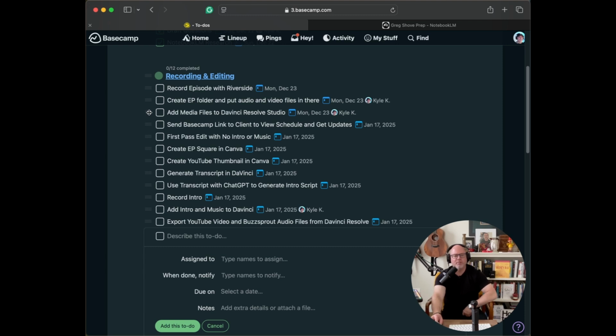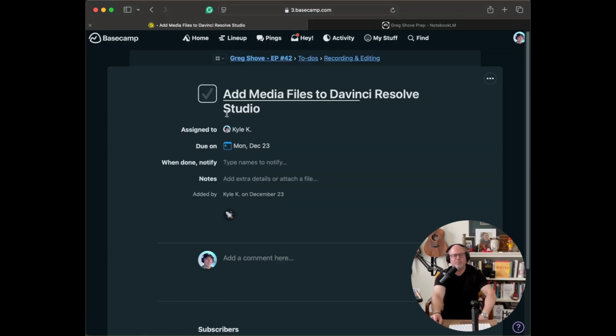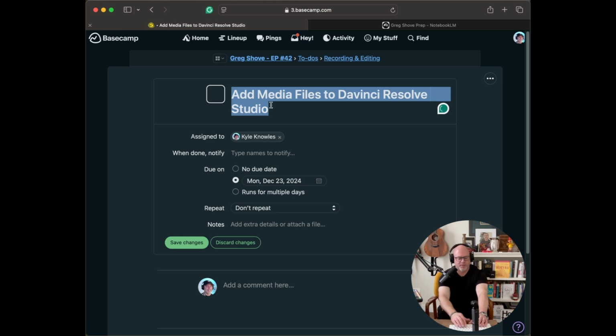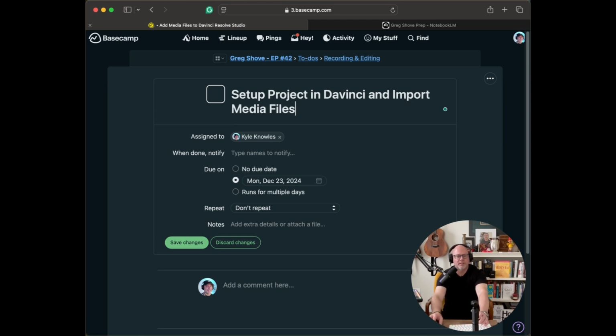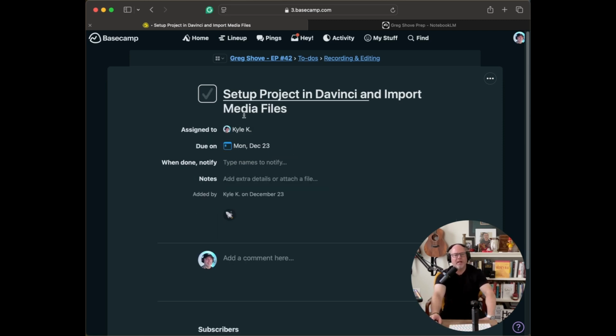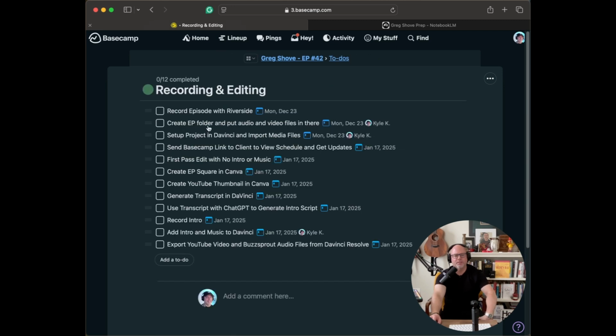So add media files to DaVinci Resolve, set up basically the project, setup project. I'm going to rename this setup DaVinci, setup project in DaVinci, and import media files. Then I'm good to go. So if I do that right after, and then